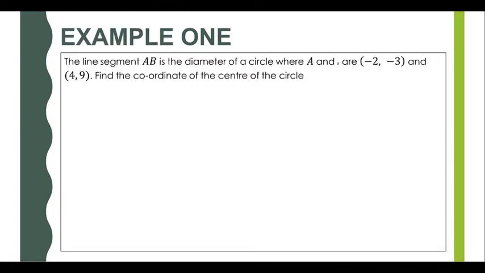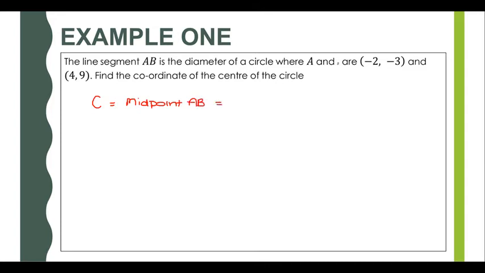So if we look at this first example, we're told that the line segment AB is the diameter of a circle, where A and B are the coordinates of 2 points on the circle. The coordinate of the centre of the circle is given by the midpoint of the diameter. So the midpoint joining -2, -3 and 4, 9 together. So the centre of our circle is equal to the midpoint of AB,